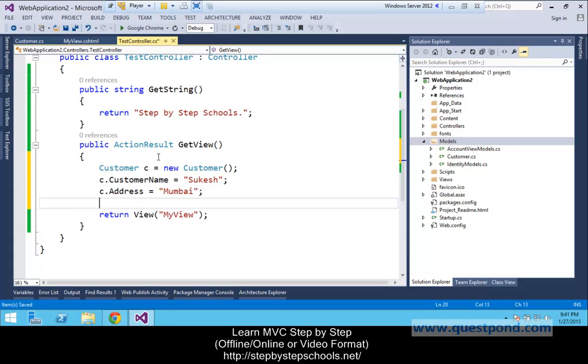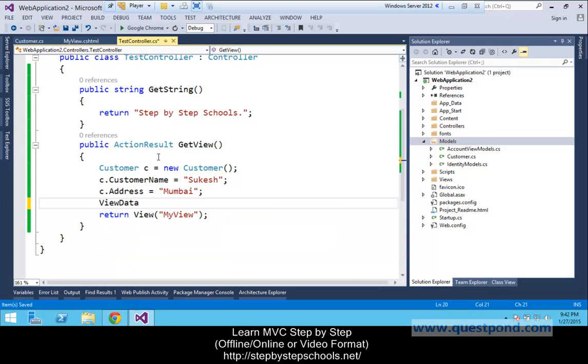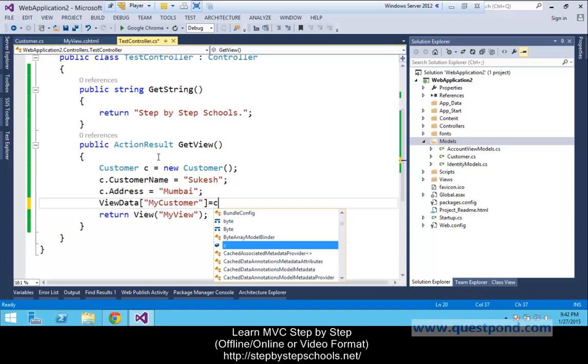and then we have to pass this customer data to our view. That we can do in a couple of ways, and the simplest one will be using view data. So I'll say view data and we'll put a key here. I'll say let's say my customer equal to c.